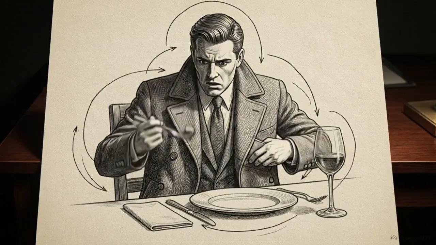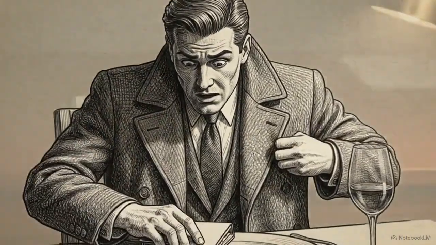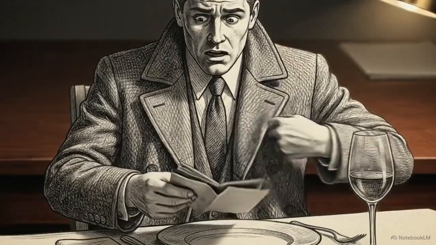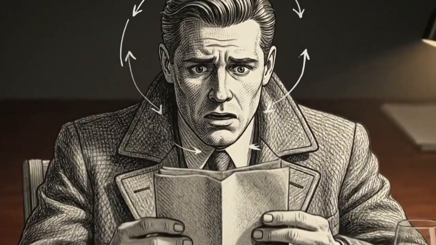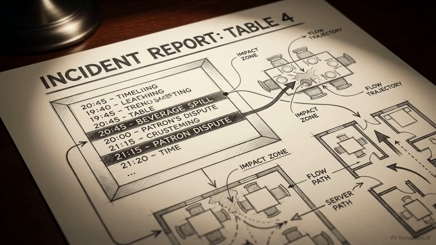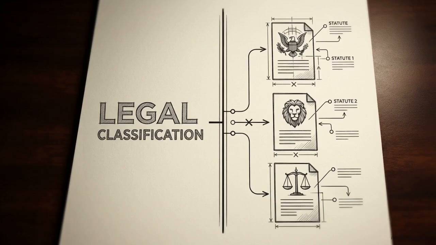A diner eats a lavish meal at a high-end restaurant. The check is imminent. They reach for their wallet and realize they have no money. Rather than confessing to the manager, they wait for the waiter to look away, leave the table, and sneak out the back door. Based on these specific facts, which statutory charge secures a conviction? The Theft Act 1968, the Fraud Act 2006, or the Theft Act 1978?